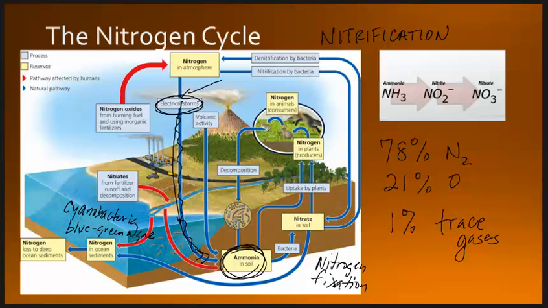Some aerobic bacteria can use ammonia as an energy source, so they oxidize ammonia to make nitrite, which can then be further oxidized by other bacteria to make nitrate. And that's this right here. So these bacteria right here are oxidizing this ammonia, and it's creating nitrite, which in turn can be further oxidized